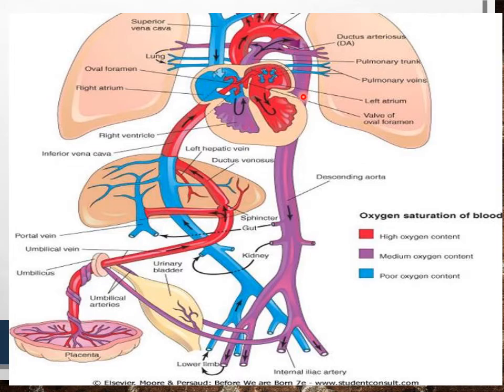So again these areas are having the mixing of venous blood, and then there is the absorption of the oxygen into the developing organs. So when the blood is moving distally, it is losing its oxygen. So this is all about the fetal circulation. It is very important. Many times in university there is a question about the fetal circulation along with its remnants, which we are going to discuss in further slides. So fetal circulation is very easy to understand. It is very important.